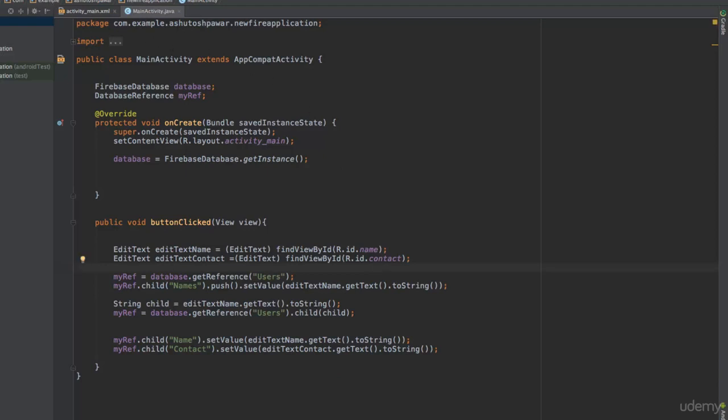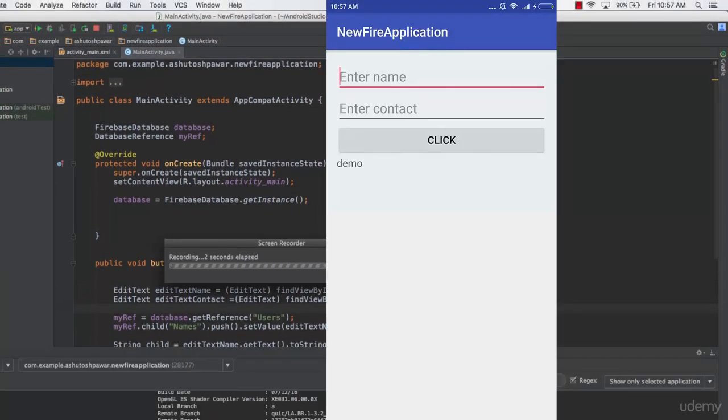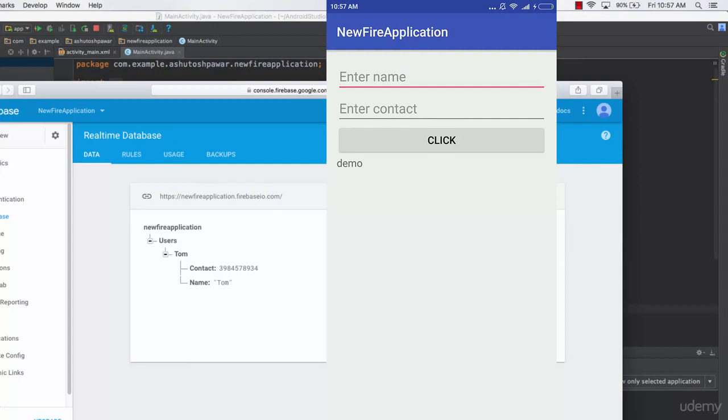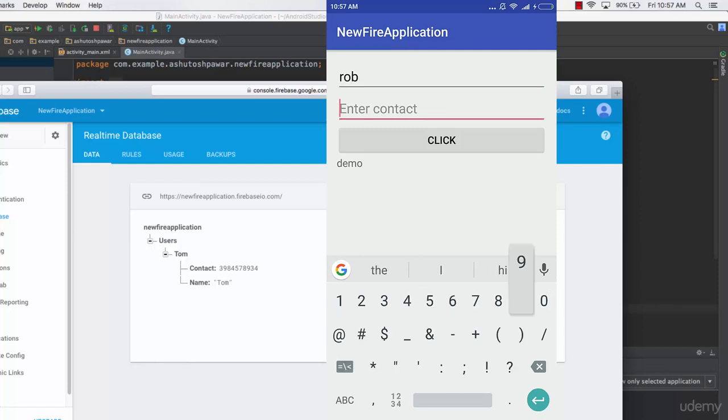So let me just save the code and run this application on my device and show you guys how this thing actually works. Okay, so as you could see, the application is up and running, and let me just pull up Firebase. So let's enter a new name, which is going to be called Rob, and the contact is, let's say, some random number. And when I hit click,